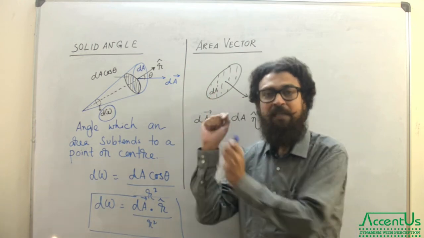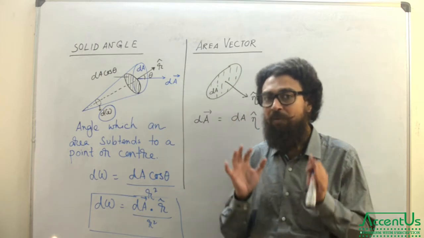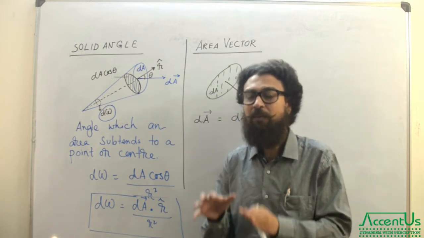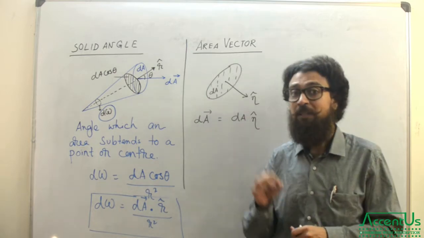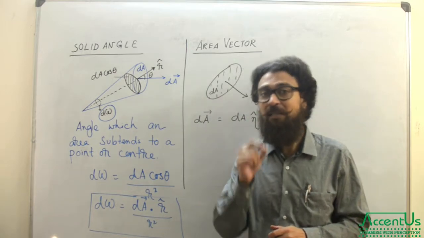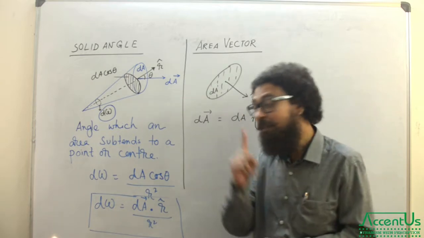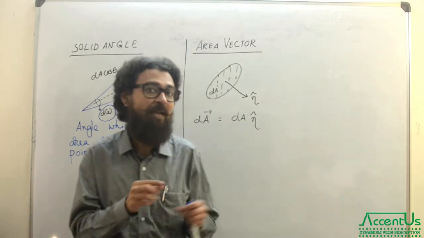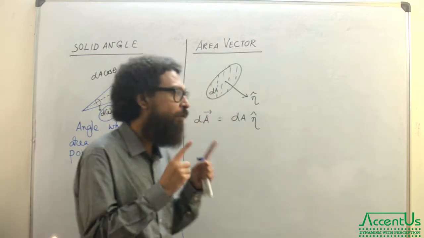Because when we are talking about a distribution of charge, how we can place the charge on a particular area, on a surface or somewhere, is very important. That orientation of charge placing is very important, and that's why area is a vector quantity. Please understand, these things are not written in any kind of book. So we have to visualize what we are doing.